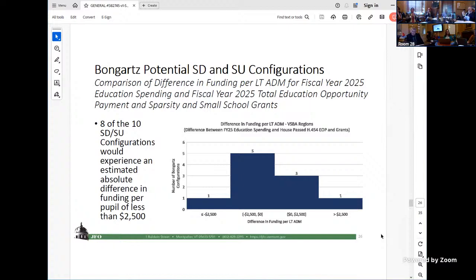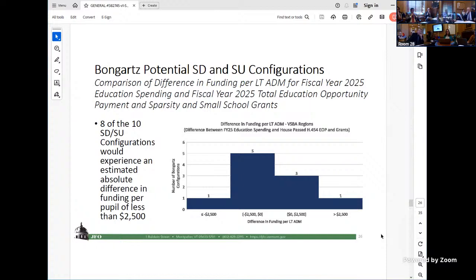So did you have a question? No, I heard comparing low spending districts now. A lot of lower spending districts did so because they couldn't pass their budget. Yeah. So I want to make sure that we all start out on the same level. And that's my point. Yeah. Thank you.